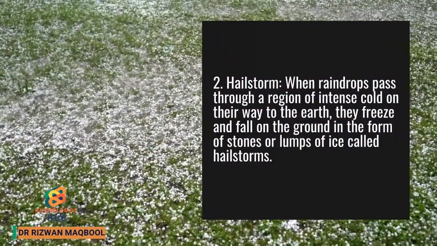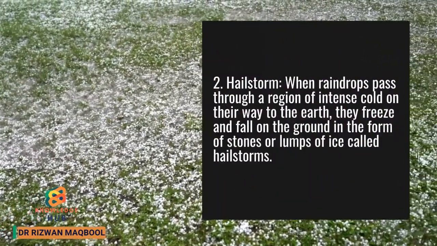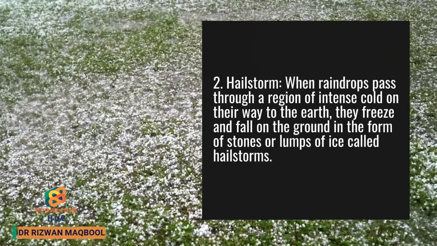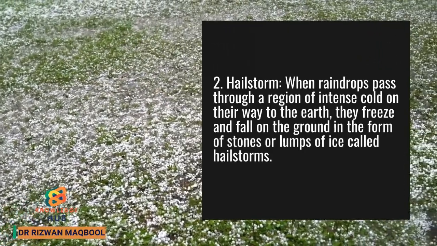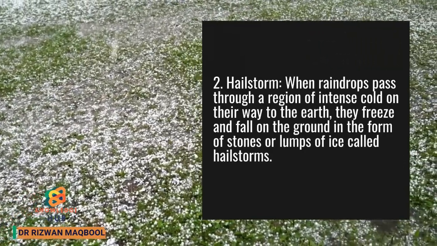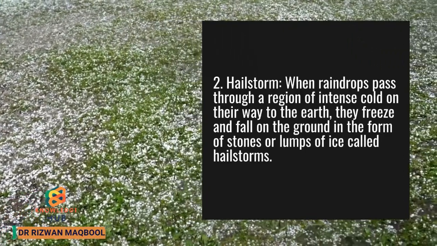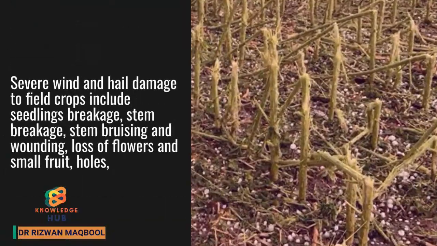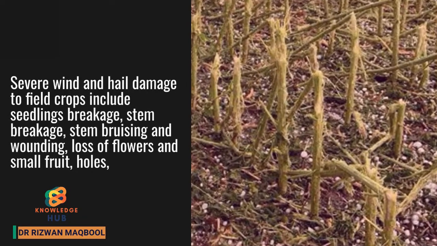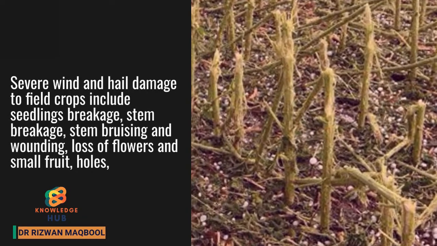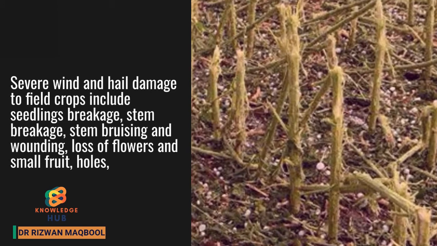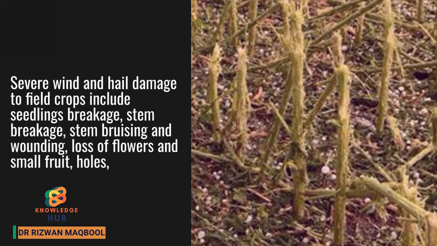2. Hailstorm. When raindrops pass through a region of intense cold on their way to the earth, they freeze and fall on the ground in the form of stones or lumps of ice called hailstorms. Severe wind and hail damage to field crops include seedlings breakage, stem bruising and wounding, loss of flowers and small fruit, holes,